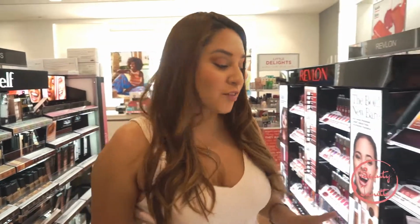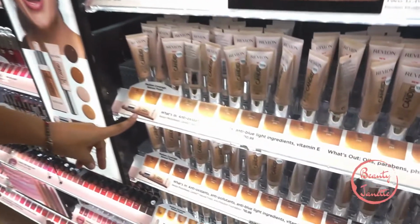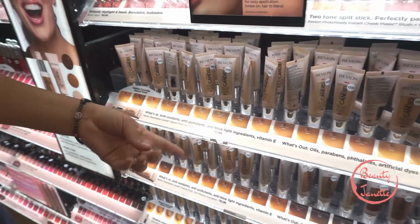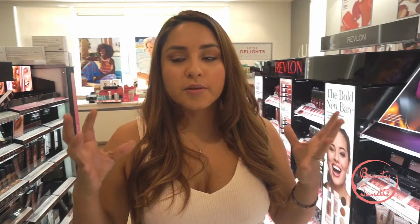Guys, this is another foundation, like I was telling you, that I'm very excited to show you guys. It's the Revlon Candid, because it says that it has antioxidants, anti-pollutants, anti-blue light ingredients, and vitamin E. If you guys are asking yourselves what the heck anti-blue light ingredients means, usually the light from your cell phone or any type of that light is supposed to be